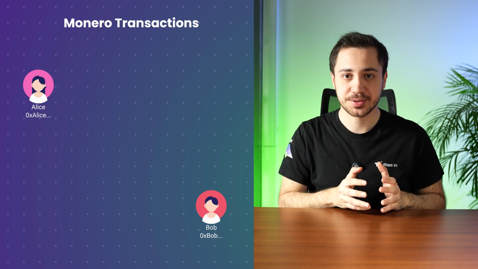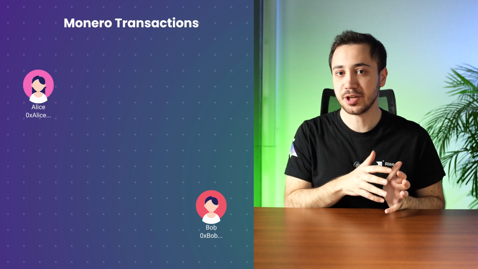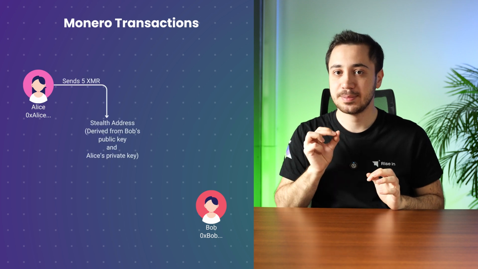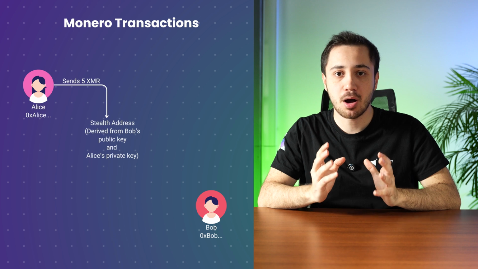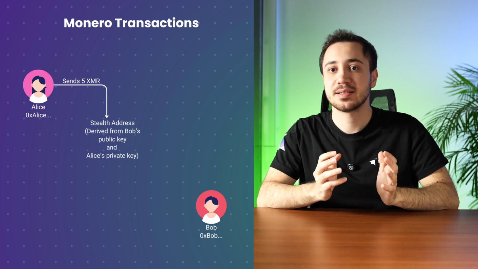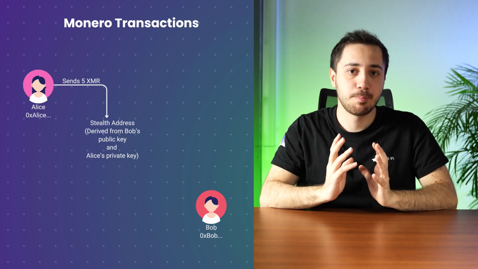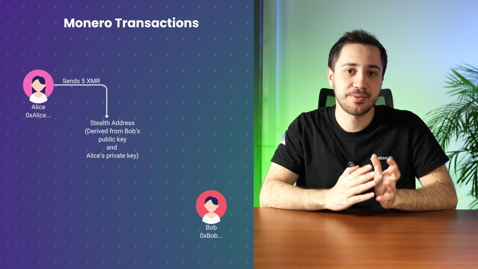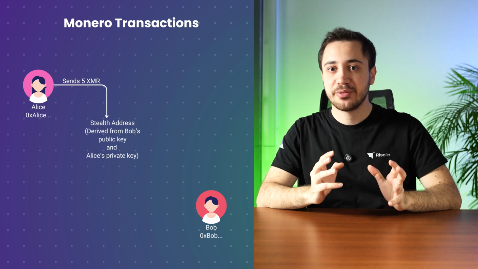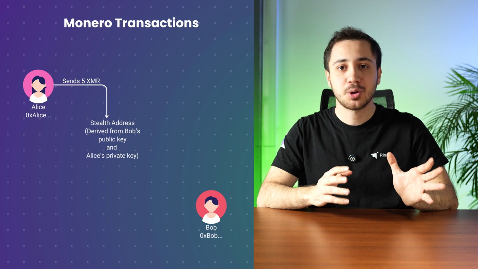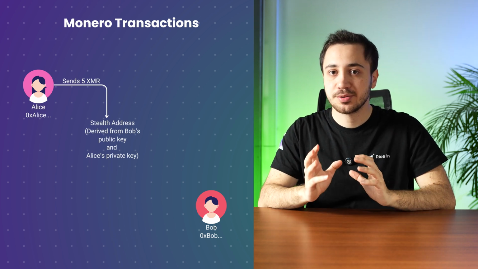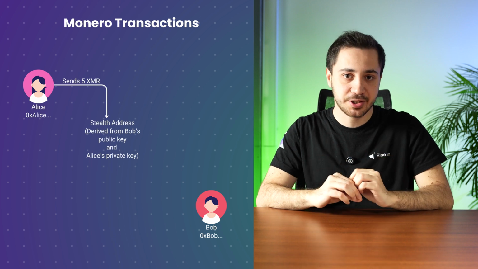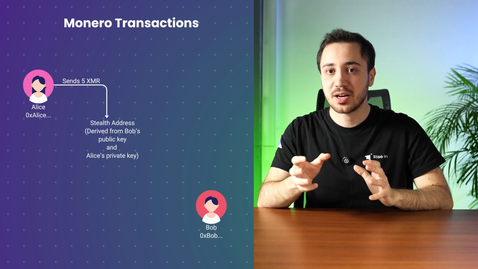However, Monero doesn't send funds directly to this public address. Instead, Monero generates a unique one-time stealth address specifically for this transaction. This stealth address is created using Bob's public address and Alice's private key, ensuring that only Bob can identify and access the funds. Anyone looking at the blockchain will see the stealth address, but they won't know it's connected to Bob. When Alice sends 5 XMR, Monero uses a feature called ring signatures to hide the fact that the funds are coming from her